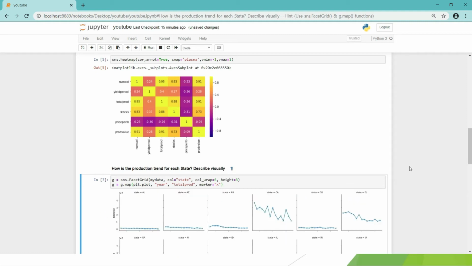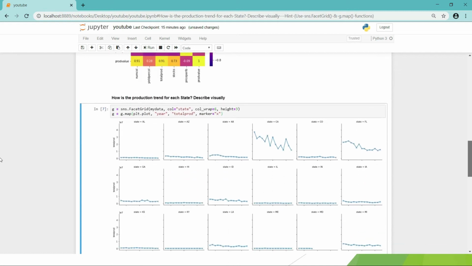Okay, so if you see this, the reason I use the facet grid is it is giving you 6 states in one line, 6 columns it made. The height of this plot is 3. You can increase or decrease whatsoever you want. You can increase the number of columns also, and the columns are state wise. So these are different states that are being displayed over here. Then you can see I have marked X. This is showing you the trend of total production year wise.